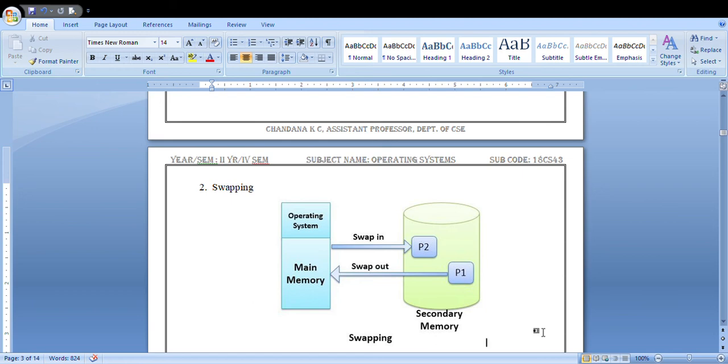So what happens if you are storing all the processes in the main memory itself? It requires more memory space. For that reason, whatever process gets blocked, or is not executing anything and is not doing any work, that process will be swapped to your secondary memory, and the next process will be loaded to your main memory. This is how swapping will work.